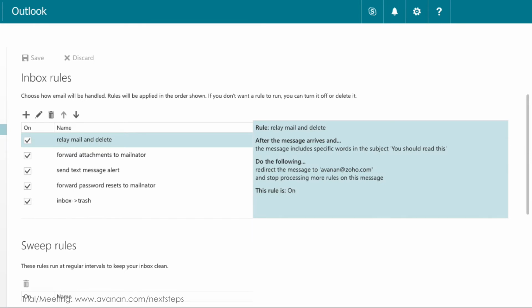So in this example, we're looking at some inbox rules that we've seen from previous attacks. So for example, a hacker will send an email out, subject, "you should read this." So when someone replies back to it, the subject will still contain the words "you should read this." Hence, the hacker wants to see all of the traffic that goes to that. So he'll forward it to avanan@zoho.com. He will not even acknowledge that he has sent the email or that people are replying to it, making it essentially invisible.